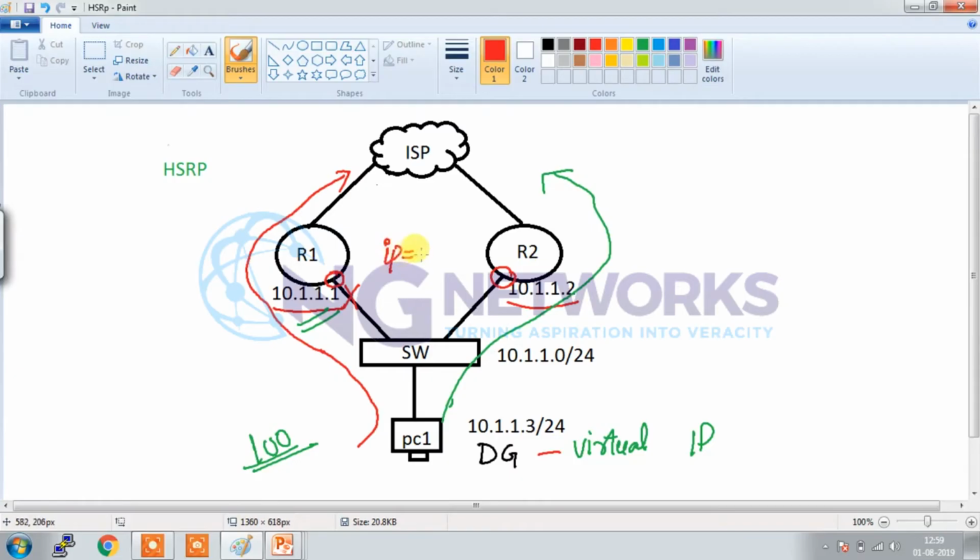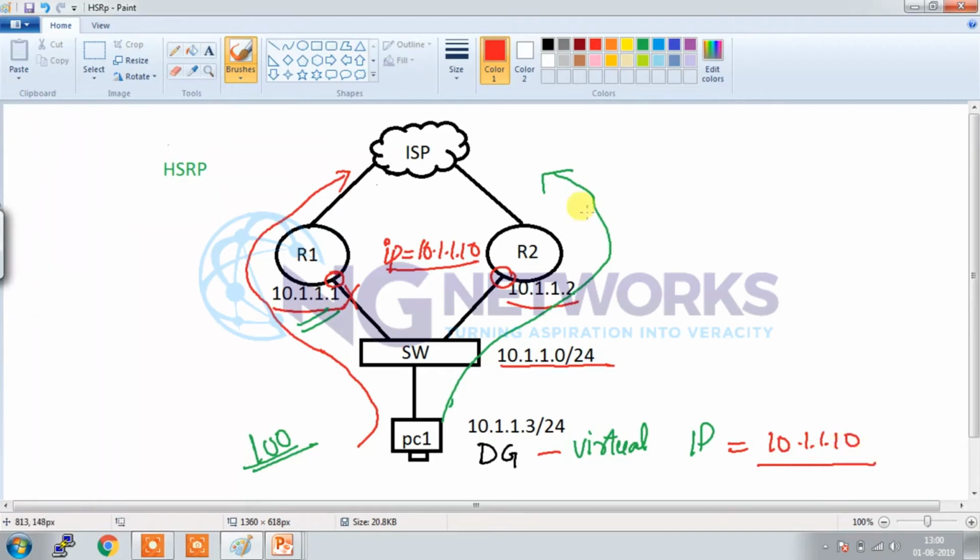The virtual IP must belong to this subnet, so any IP of this subnet, let's say 10.1.1.10. So this is the virtual IP. Now the users will not use the physical gateway. They will use the virtual gateway, and the virtual gateway will be .10.